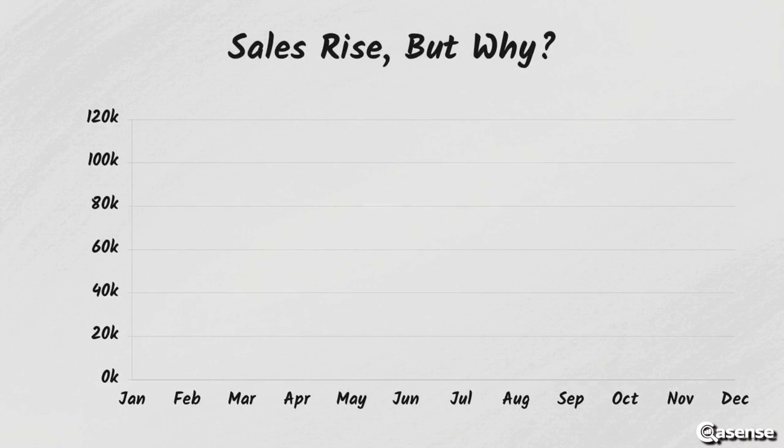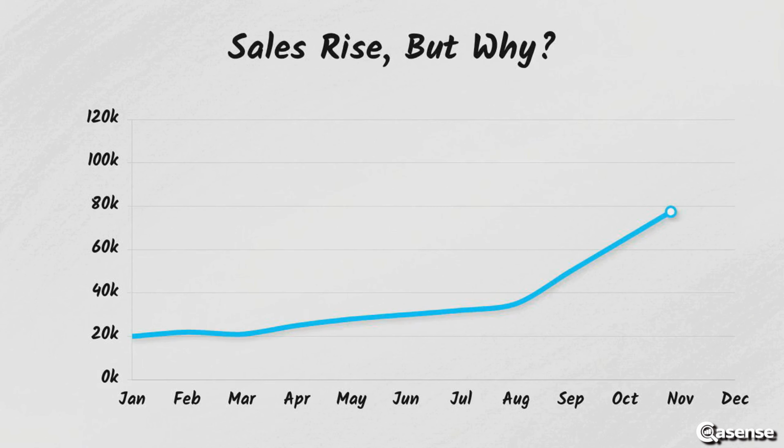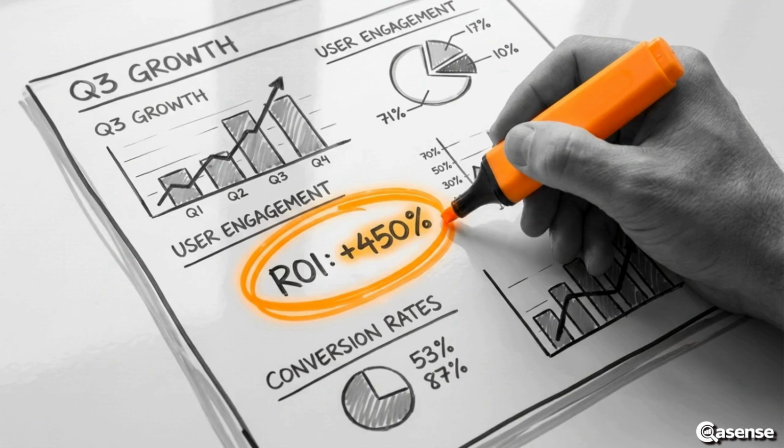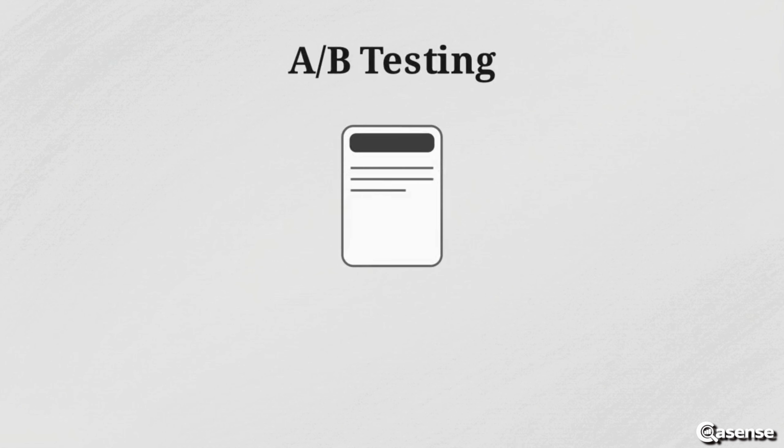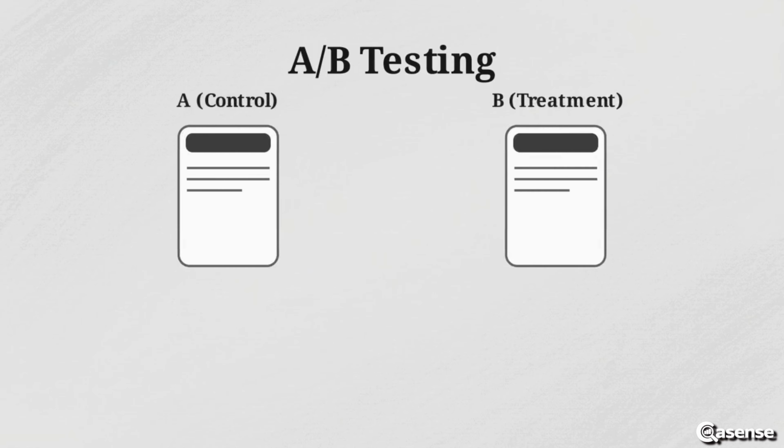If sales go up a month later, they take the credit, but they never really know why it worked or if the change actually caused the boost at all. There is a way to stop guessing and start knowing. It is a process called A/B testing, and it is a method used to figure out exactly how a specific